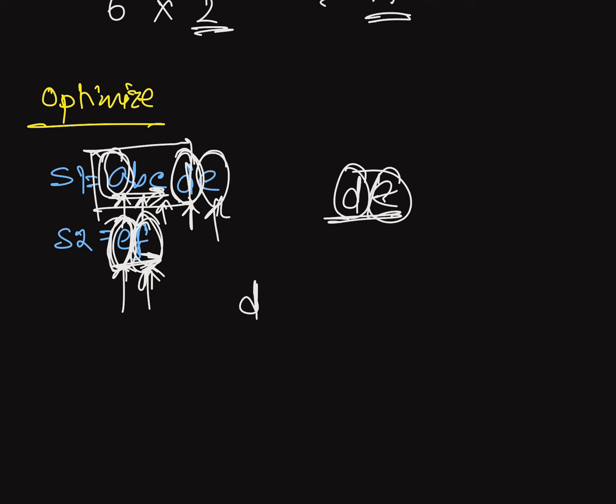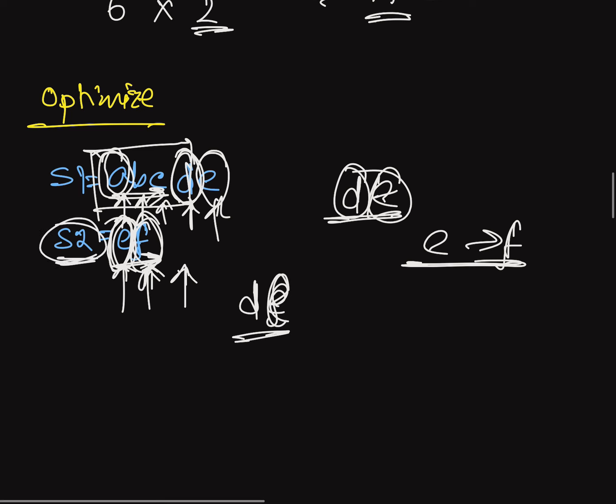So the next character is E from string 1. So I can convert it to F. Yes, because for F, if I call this operation once, I can convert this. So this is DE. That's how you can check whenever we reach the end of string 2. That means we have found all the characters sequence by sequence. We can either convert the character or directly match it, right? So whenever we reach the end of string 2, we will return true. That means we have found a matching subsequence, else we will return false if we are not able to reach